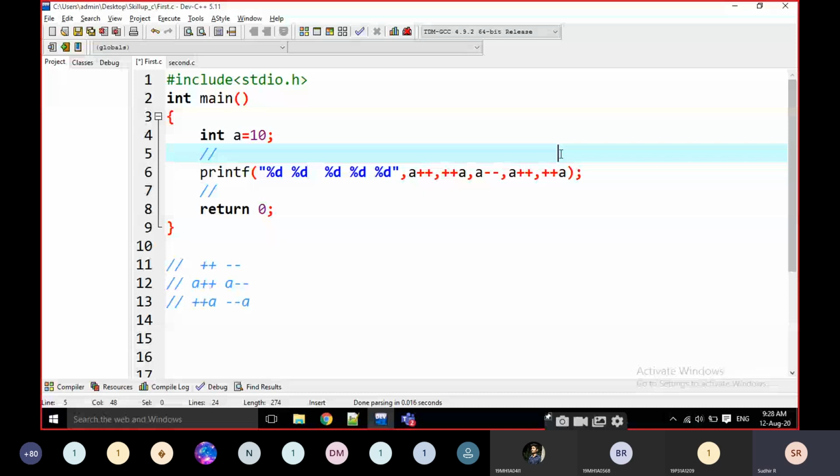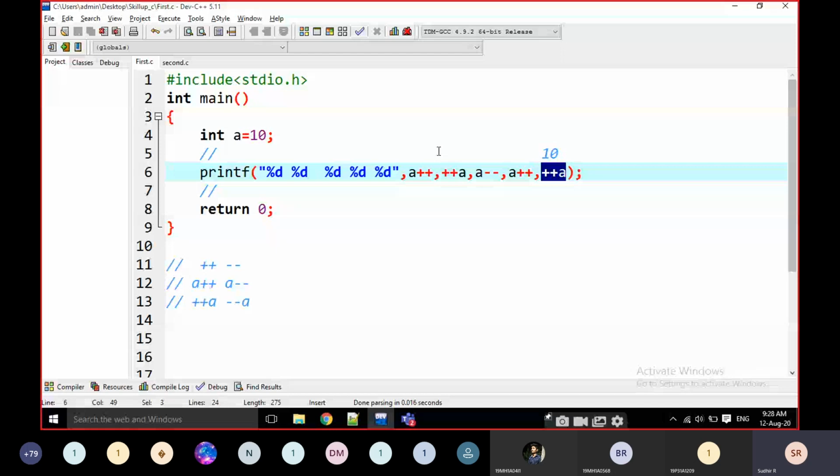What is the a value now? The a value is 10. This operation is a pre-increment operator, so before printing it is incremented first, then printed.